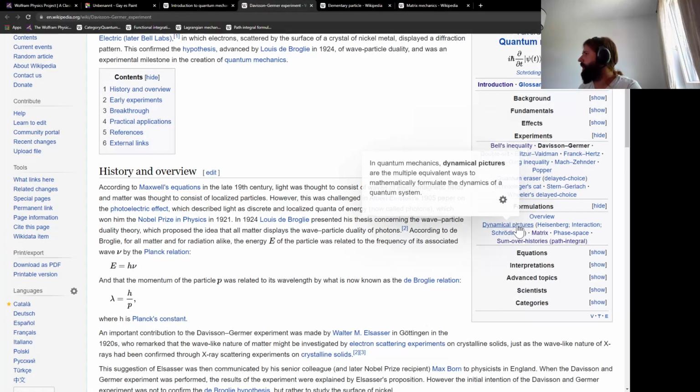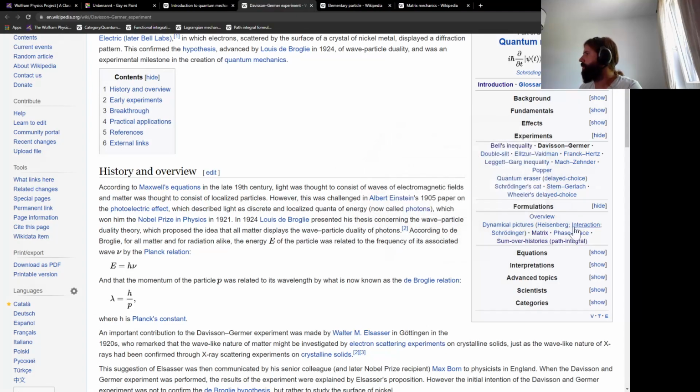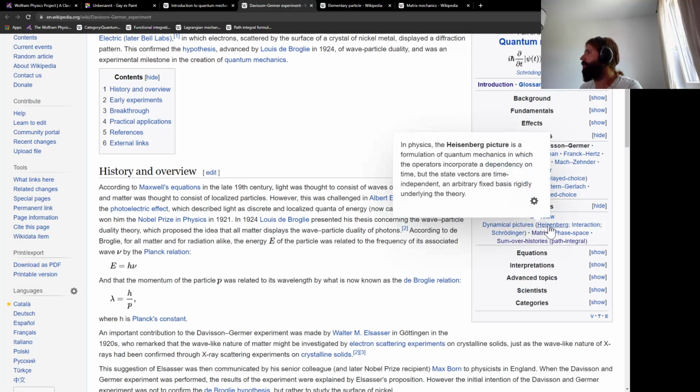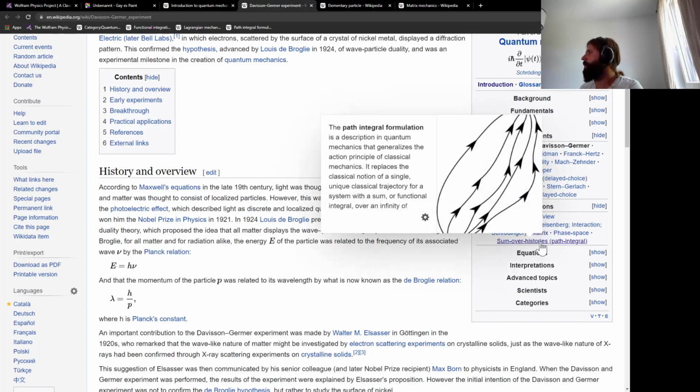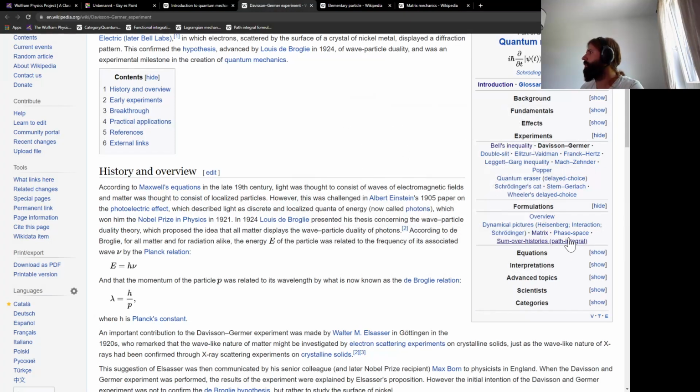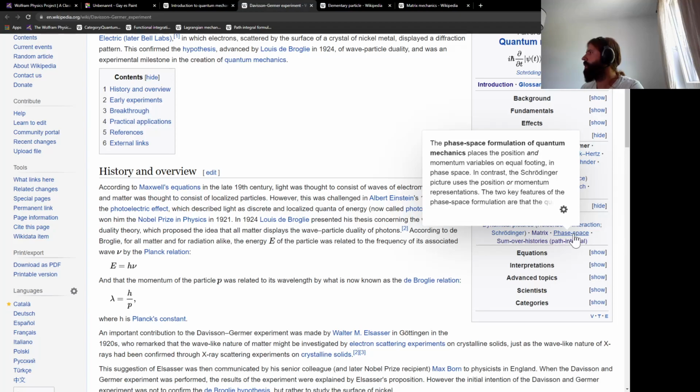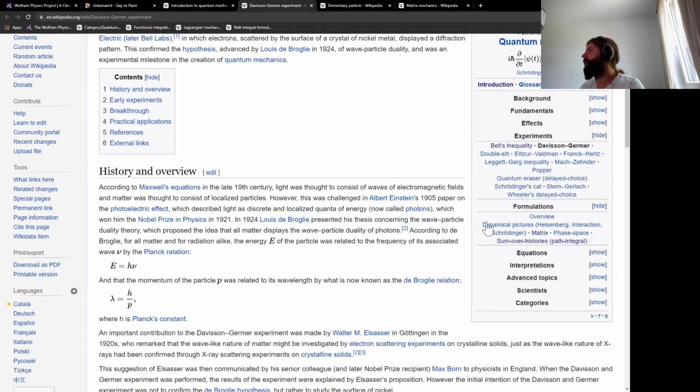Because there's dynamical pictures. So this is Heisenberg interaction and Schrodinger. So these are actually different pictures. And then there's phase space, which is sum over histories, which is path integral. Oh no, that's another one. Phase space. Okay, cool. Yeah, let's do this. So I'll focus the next